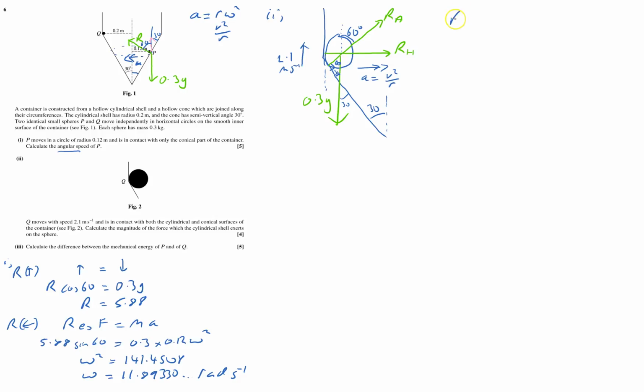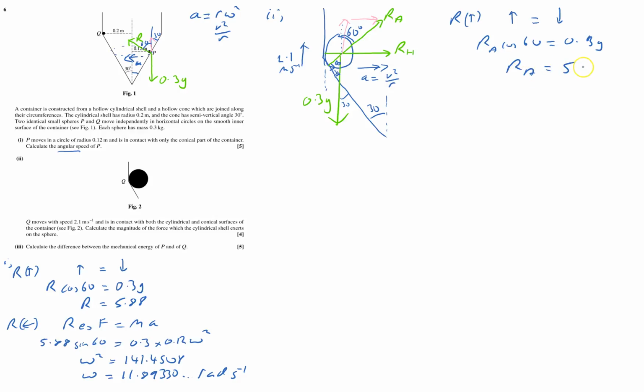Well, the first thing, as usual, I will resolve upwards. There's no acceleration because it's a horizontal circle, so therefore upwards must equal downwards. The only upward force I've got is this component of R going straight up there, and I have a horizontal component going inwards, but I don't actually need that one just yet. So this force here is going to be RA cos 60, and that's going to equal the 0.3 g, and that will say that RA